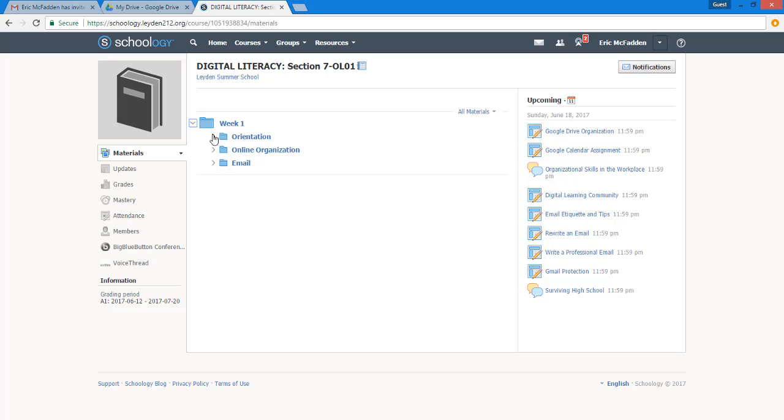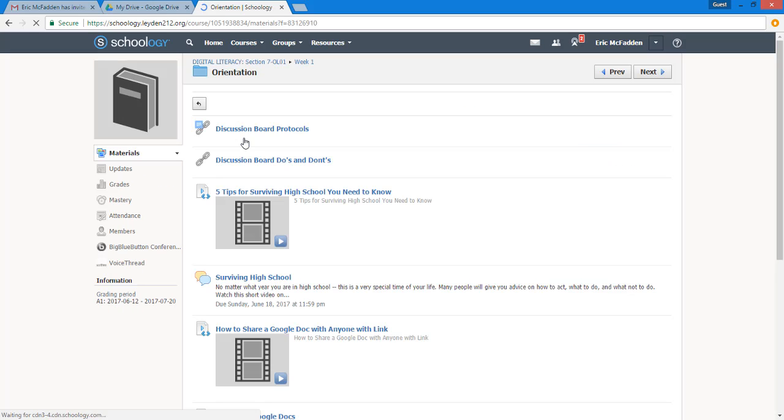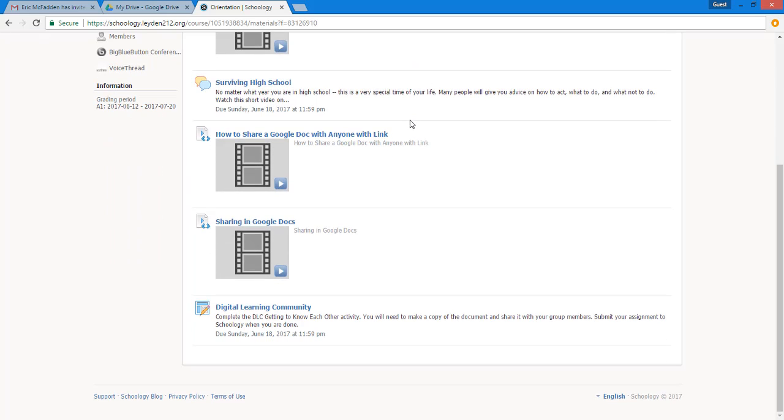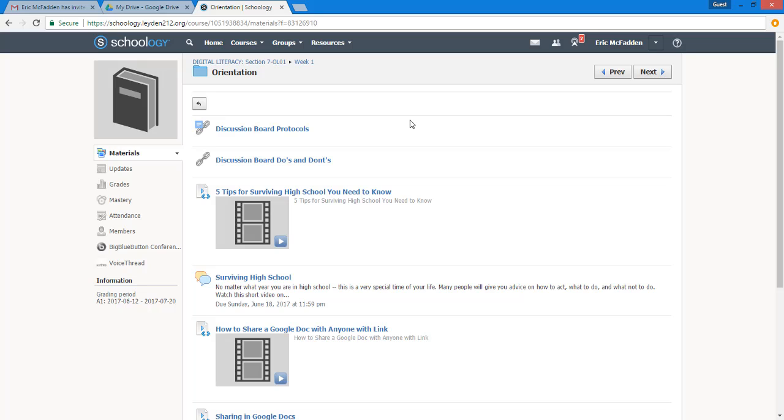So I'm going to go ahead and click on to our first folder. When you work through Schoology, always just work in order. So I'm going to go ahead and click on orientation. And when you get into the folder, you're going to see all the different activities that you are going to have to complete. So the first one is the discussion board protocols, and this is a link. And if we open up that link,